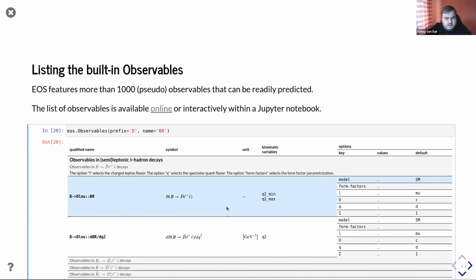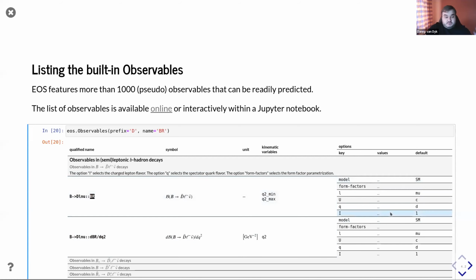Now the rest is almost out of view, but that doesn't really matter because we can focus on these 2, which will be used in the remainder of this presentation. So B2Dlnu is the process that I want to focus on. BR is the integrated branching ratio. You see the nice mathematical symbol that's usually used for it. You see what kinematic variables it requires. And for the so-called, well, let's call them power users, you see all of the options that can affect such an observable.